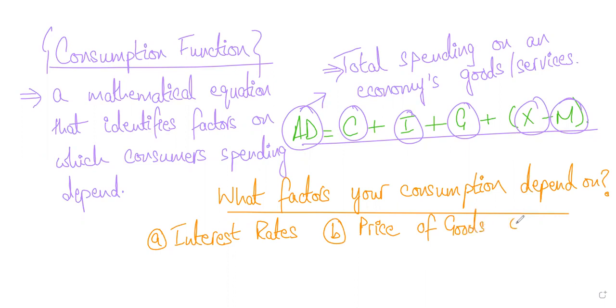Then another thing is obviously income, perhaps the most important, because the higher the income, the more you can afford to spend. With low incomes, you can't afford to spend much. So here I am writing income. Income is another factor. What other factors can you think of? Then consumers have their own personal preferences. Sometimes they are in a saving mode, or there is the elasticity of the product.